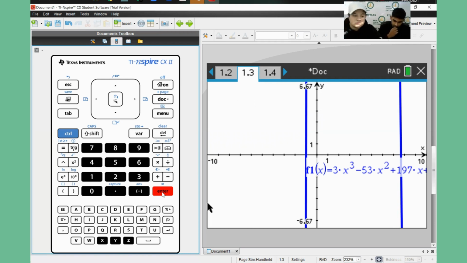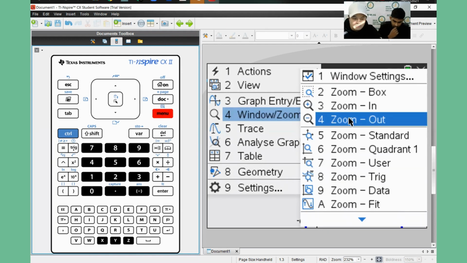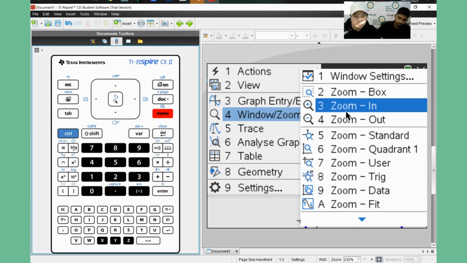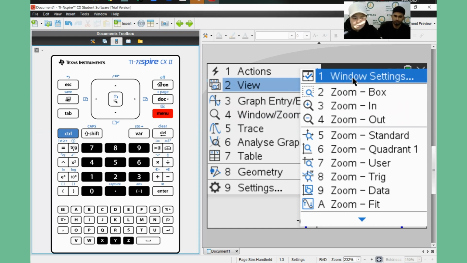All right. So one of the very typical ones is out of my scale. I'm expecting a cubic. It doesn't look like a cubic because the scale is not right. So how do we change the scale? To change the scale, you got a couple of ways. What I recommend, first, please do not use the zoom in and zoom out. Zoom in, zoom out doesn't work. You're out of control. One of the ways is using window settings, which is this,